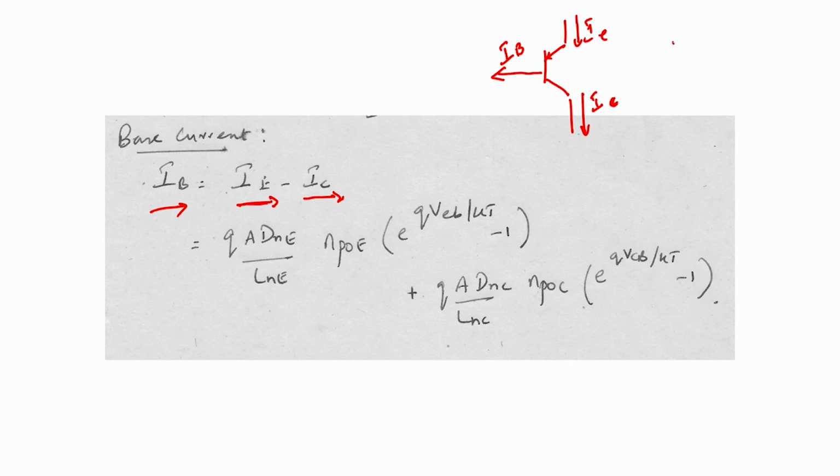Okay. So, in other words, IE is equal to IB plus IC. So, therefore, IB is simply the difference of the emitter and the collector currents, and that is simply given by